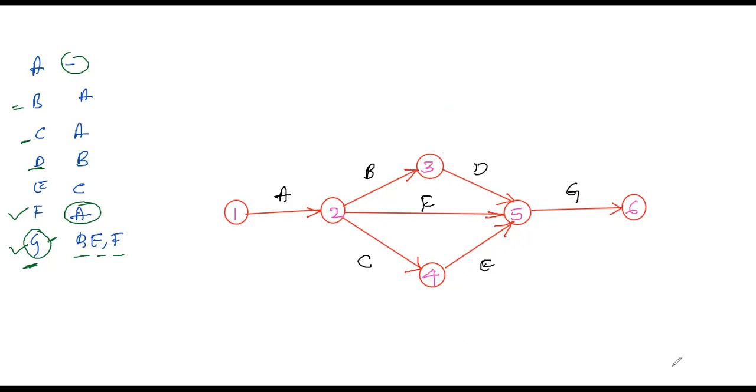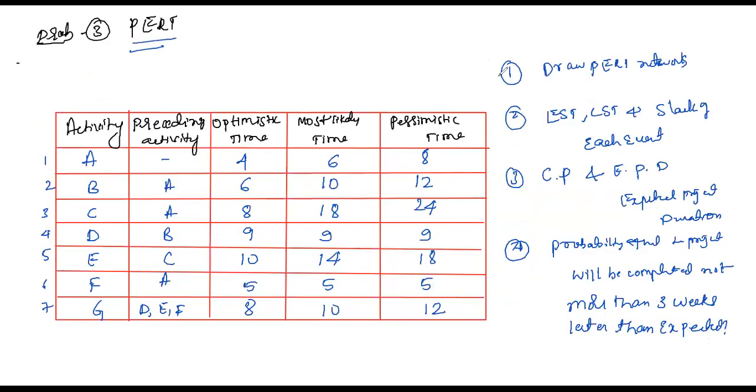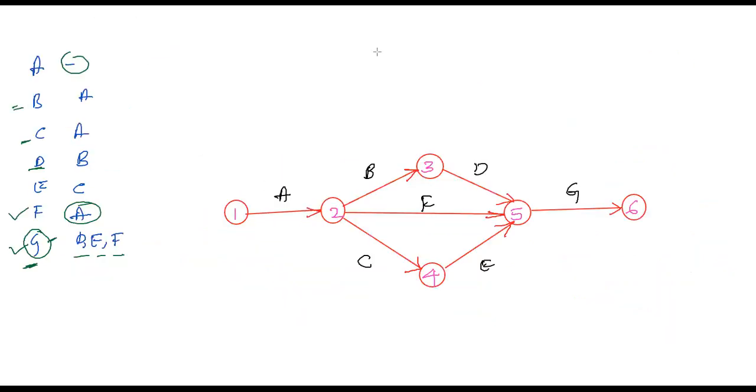So what they mentioned in the problem is, first thing, draw the network diagram. So this is completed, right? Network diagram is complete. What did they ask next? So next thing is we need to find the EST and LST. Okay, EST and LST, if you want to calculate, go to the network diagram. What we have to do is construct a box under each node. So let us construct a box.